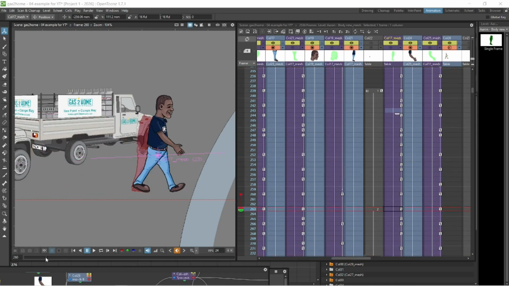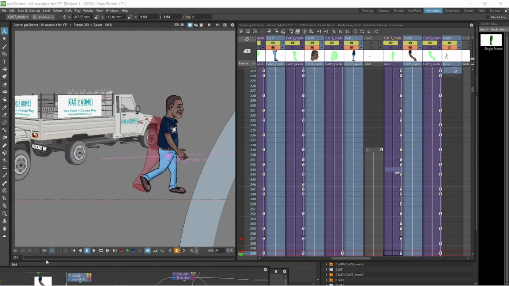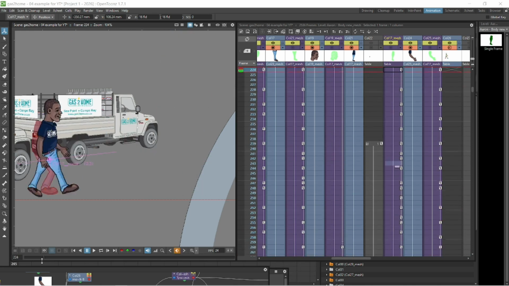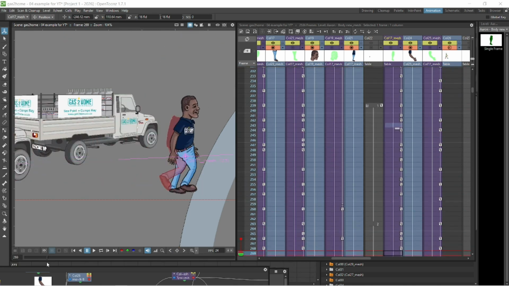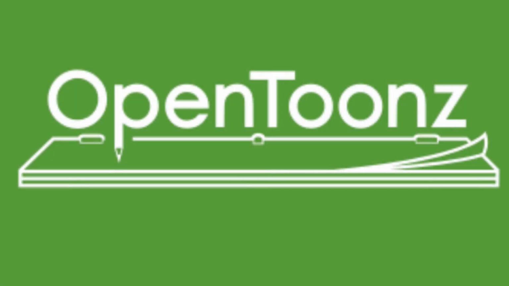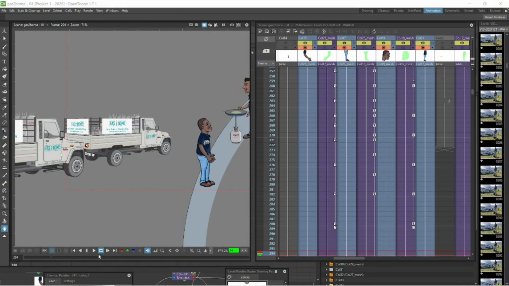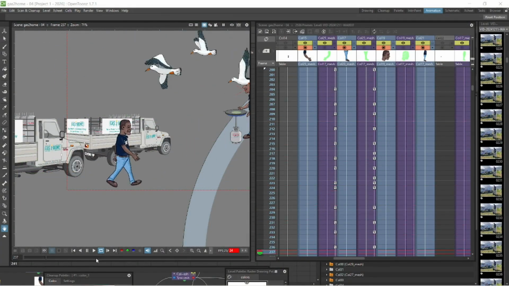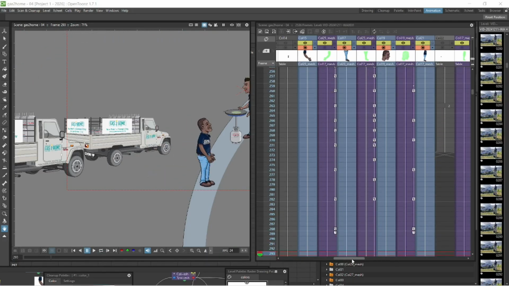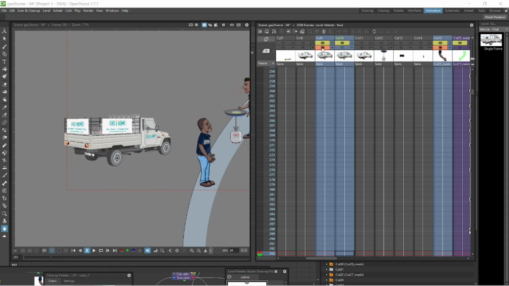And then the other way that I didn't use in this actual scene, but let me show you anyway, because it's my preferred way of extending a walk cycle or a run cycle, any locomotion cycle, is I like using, I'm working on OpenToonz here, and I like using sub-xsheets a lot. OpenToonz has this thing called sub-xsheets where you can collapse all the columns, and then it takes all that information from those columns and puts it into a sub-xsheet, which is